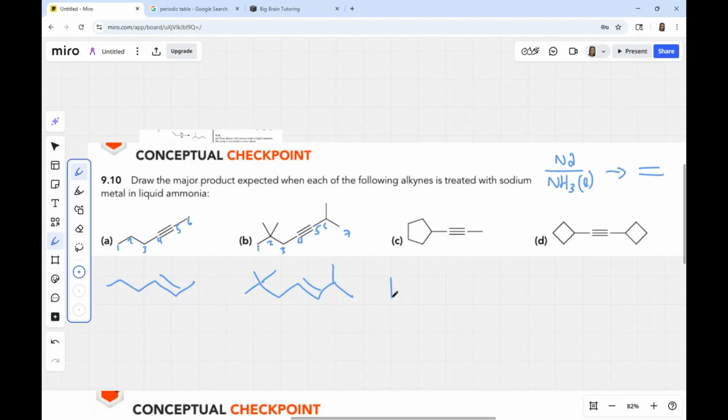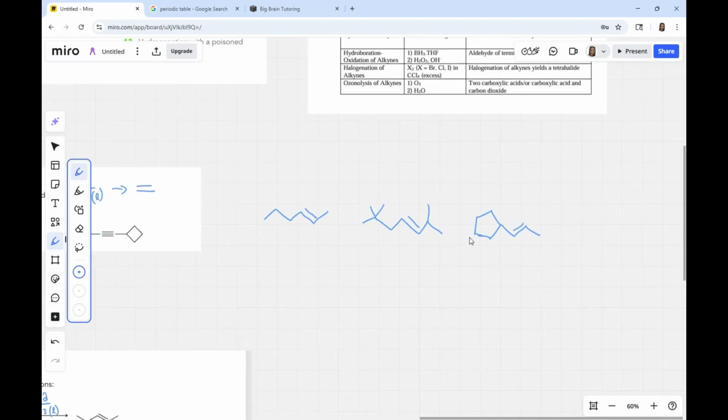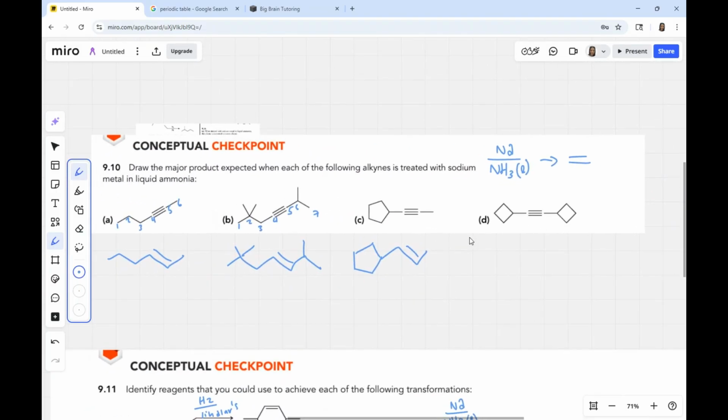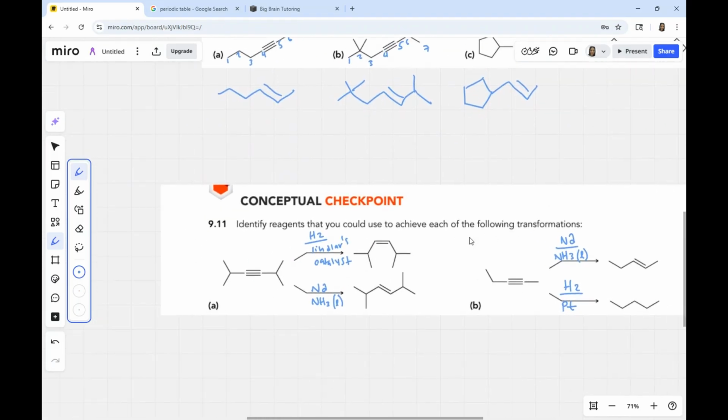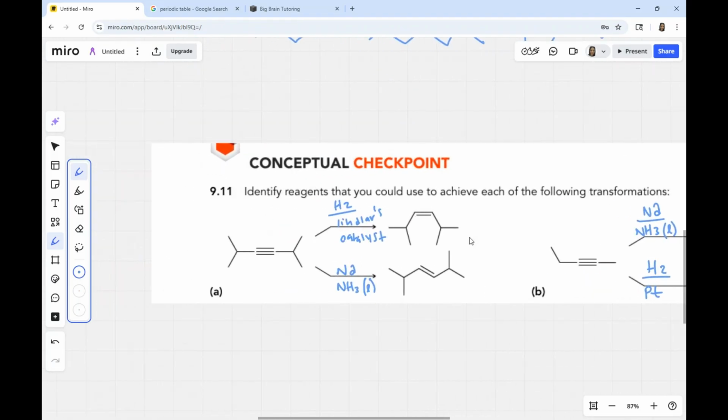And then let's just do this last one here. Like that. Actually, you can draw it like this. And this one is also trans. Okay, and let's just check our answers on the side here. Perfect, nice. So this one, I kind of already drew it out. But essentially, you want to look here, and because you're going from an alkyne to a cis alkene, if you draw a line on it, they're both on this side of the line,